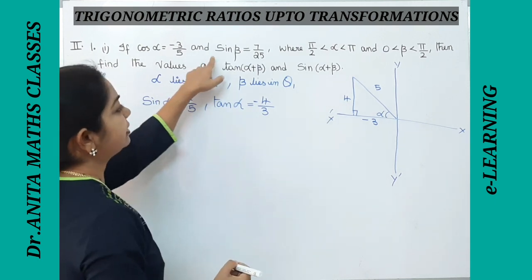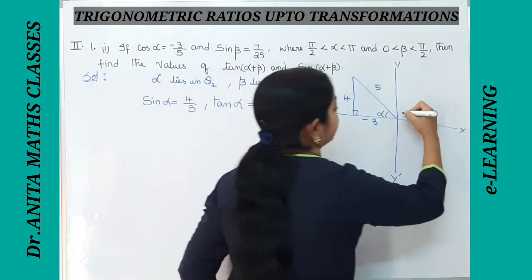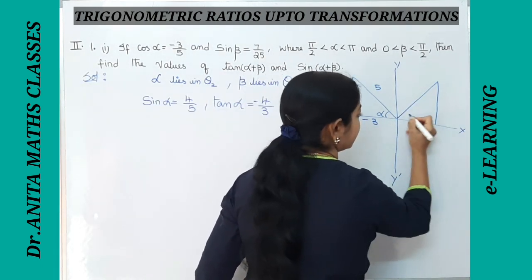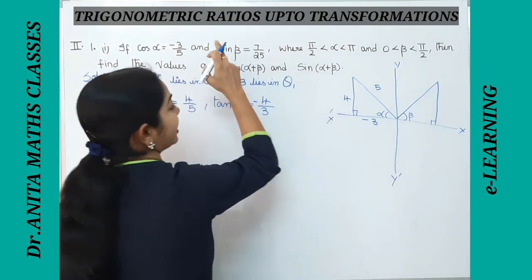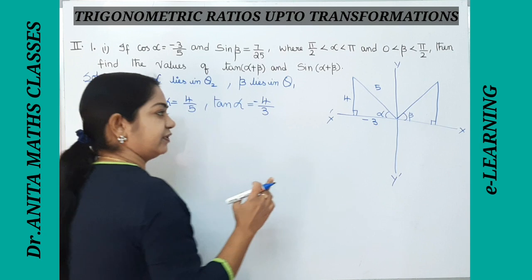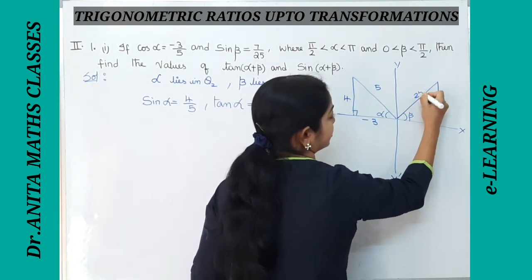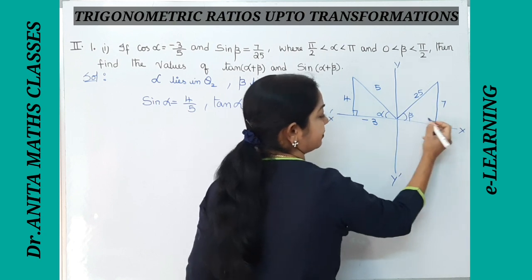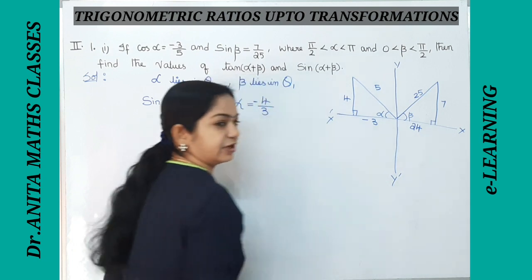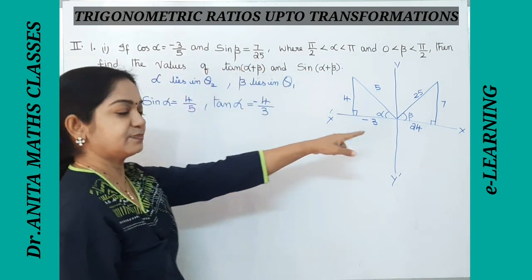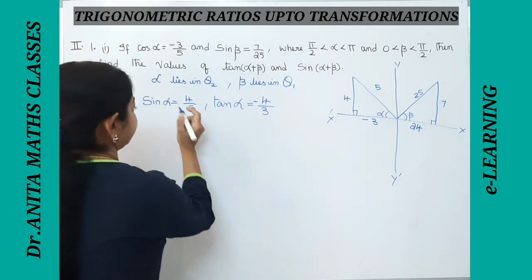And let us find the beta. Here beta is in the first quadrant. Let us draw this diagram in the first quadrant, and suppose this as beta. Now given sin beta is 7 upon 25. Sin is opposite by hypotenuse, 7 upon 25. If you see the Pythagorean triplet, this is 24. This is positive axis, so positive 24 only. And here sin beta is positive, because in the first quadrant all are positive.